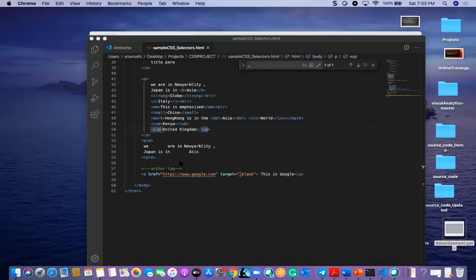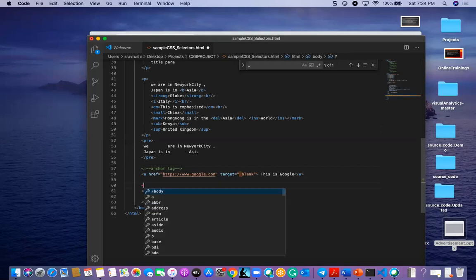Now we will see some quotations within a para tag. Those are Q, abbreviation starting with ABBR, address, and cite. The cite element defines the title of a work.